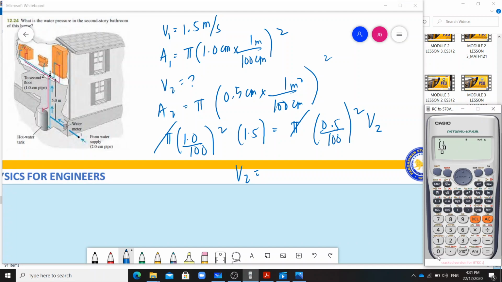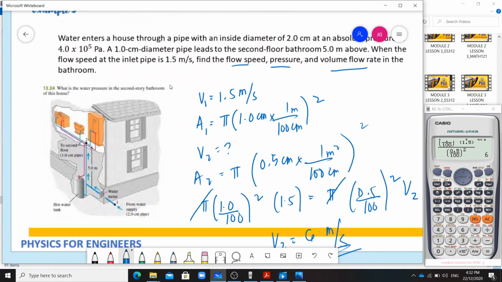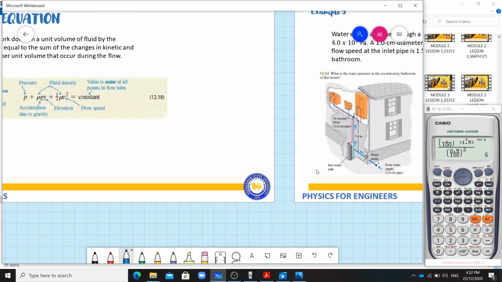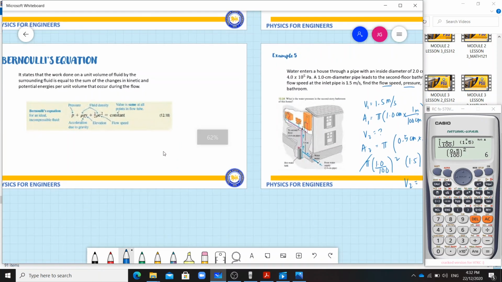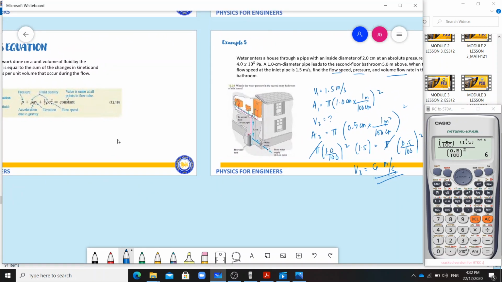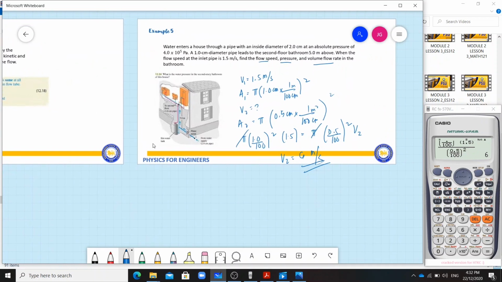So, magka-cancel yung pi. Ang V2 natin ay 1 over 100 squared times 1.5 over 0.5 over 100 squared, 6 meters per second. Okay. Yan yung velocity niya sa loob ng bathroom. And then pressure. Para naman na makuha natin yung pressure, sabi niya dito is, at inlet, ang pressure natin is